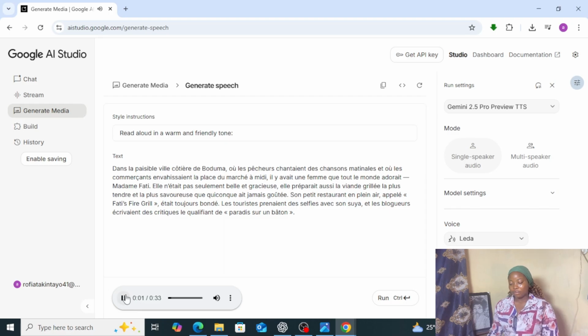Dans la paisible ville côtière de Bodouma, où les pêcheurs chantaient des chansons matinales et où les commerçants envahissaient la place du marché à midi, il y avait une femme que tout le monde adorait, Madame Fatih. Elle n'était pas seulement belle et gracieuse, elle préparait aussi la viande grillée la plus tendre et la plus savoureuse que quiconque ait jamais goûtée. Son petit restaurant en plein air, appelé Fatih's Fire Grill, était toujours bondé. Les touristes prenaient des selfies avec son suya, et les blogueurs écrivaient des critiques le qualifiant de paradis sur un